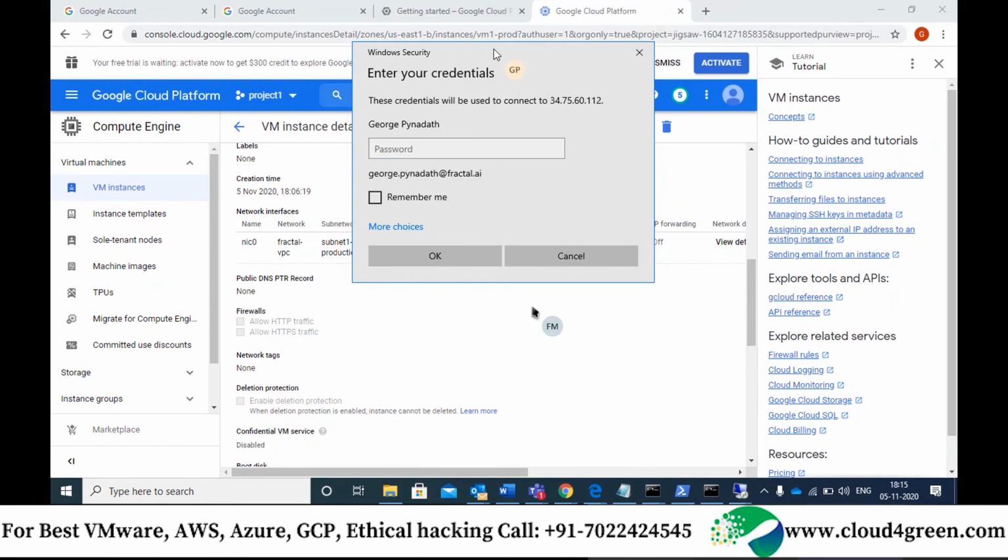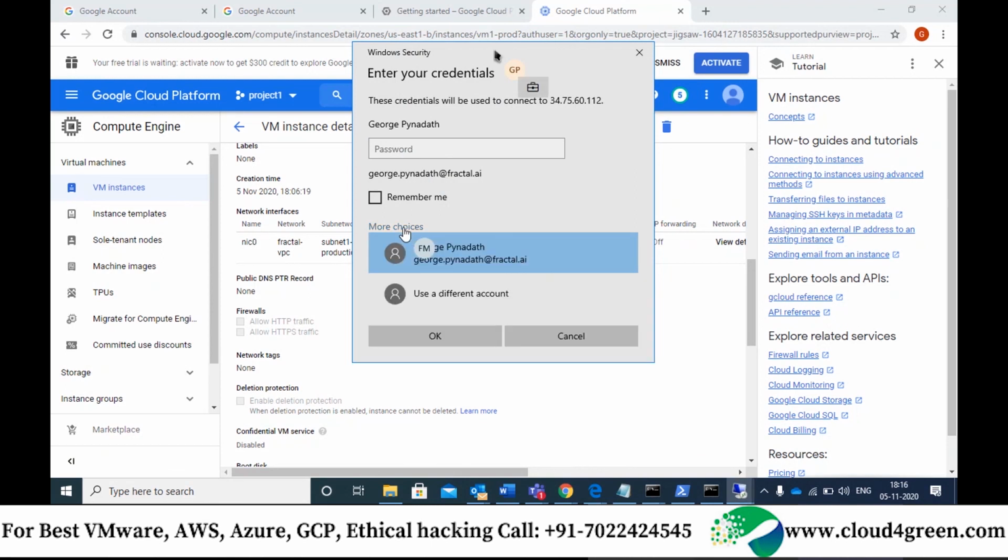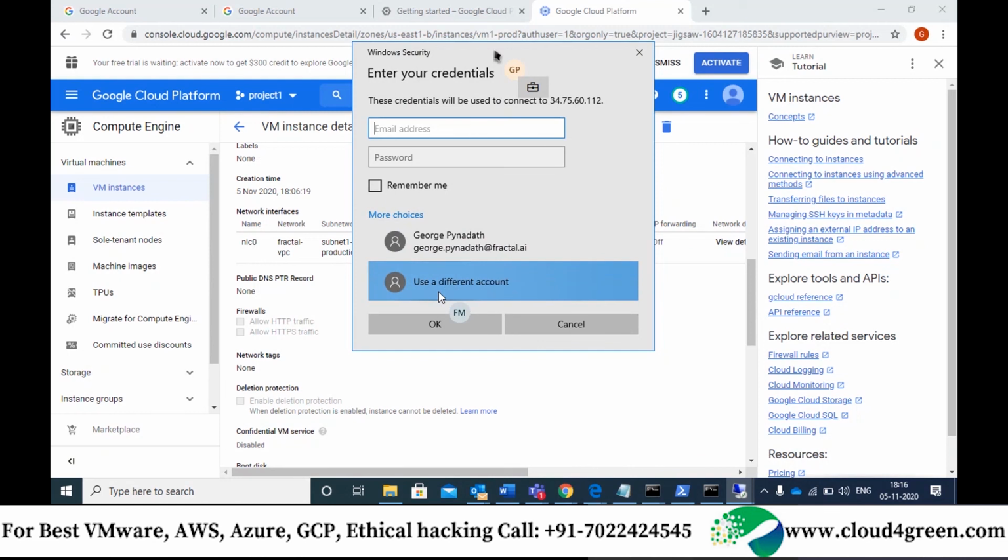So see now, Mr. George, you cannot just log in like that. There is something called more choices. By default, it is going to your company credential. Can you see George dot? You have to click on use a different account. Now type your name. What is the name you set? The name which you set at the time of VM creation, I mean, when resetting the password.